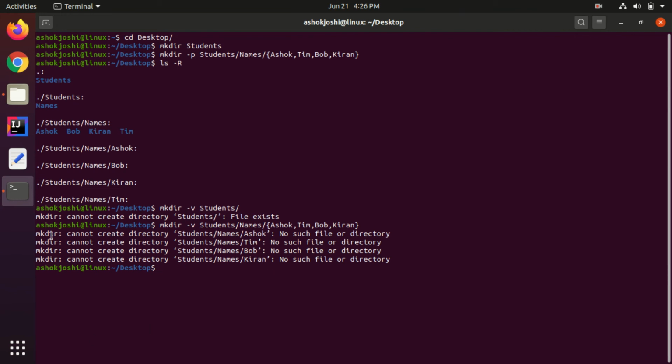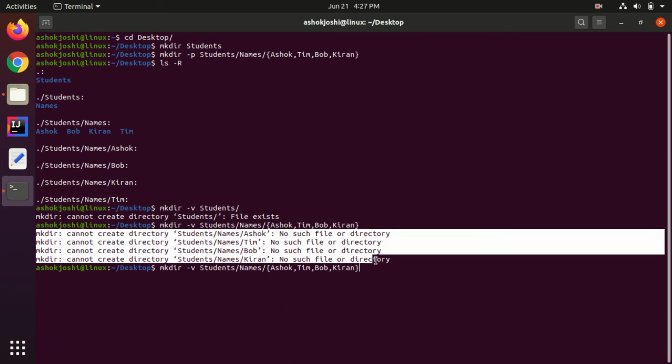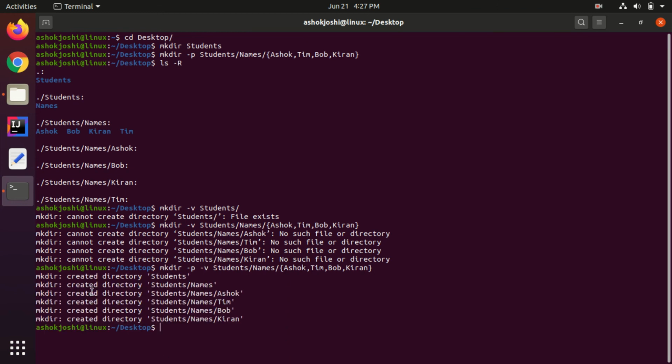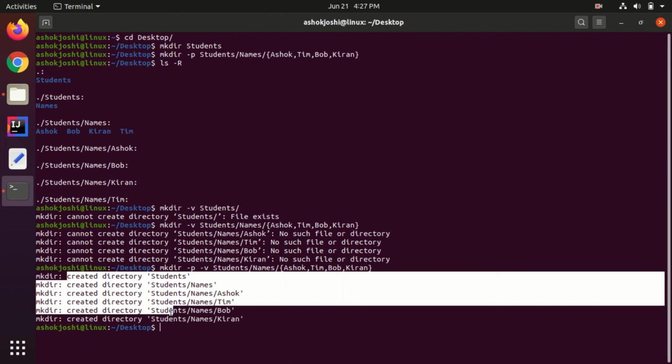Now if I press enter, you can see what this command has actually done. It will give the details in depth. So we got an error here, no such file. Why did we get this error? Because in order to create this kind of subdirectories, we want to create the directory structure here, right, like this. Initially we saw that -p is a must, so that's the reason we got this error, cannot create directories. So what I'll do now is go here and add -p, and if I execute, there you go, we have got this directory structure created.